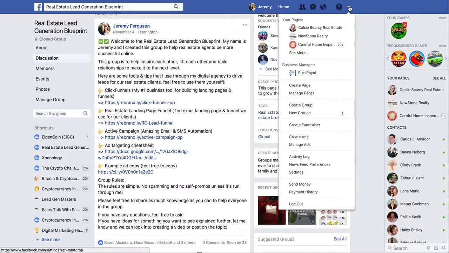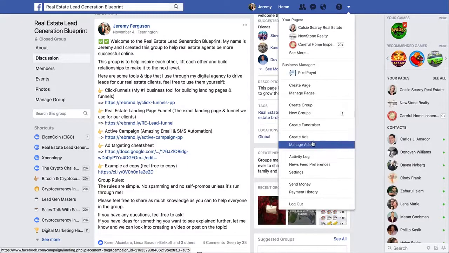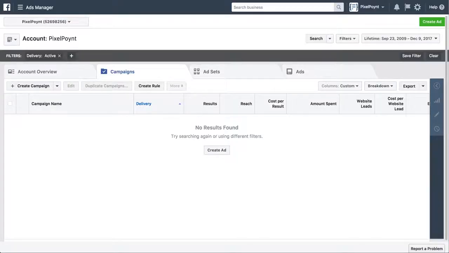Okay, so depending upon whether you've set up your ad manager account yet or you're brand new, the options down here will be a little different. It may say start advertising, or I forget what the option is if you've never set up your ad manager account. If it does say something along those lines, like start advertising or get started, click that and go set up your ad manager account first. Once that's done, then these options change to create ads or manage ads. If it already says manage ads, click on manage ads, and then that's going to bring you to a screen